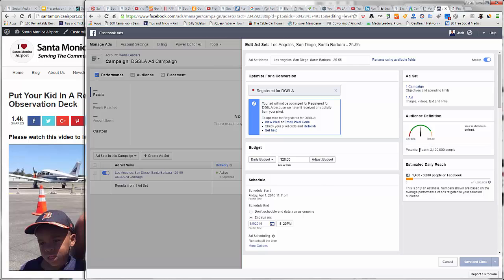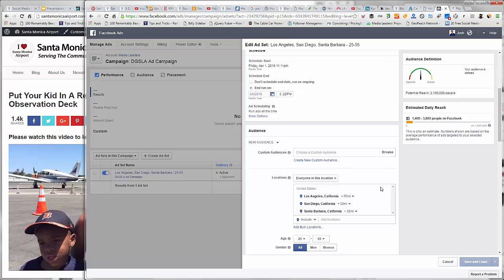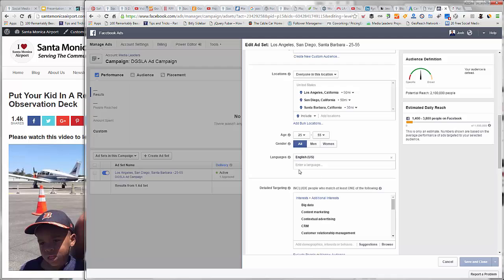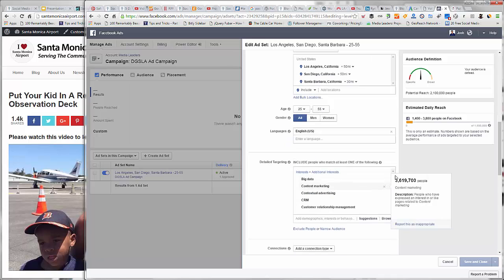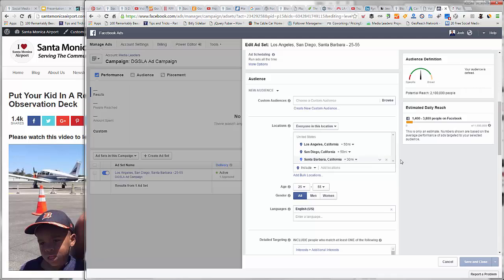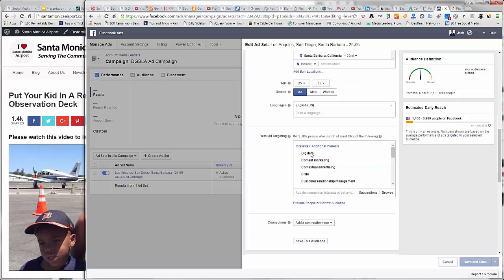So unfortunately, I've actually got something wrong with this one. I want to go look at it. Custom audiences: anybody that's in LA that is also interested in these things, big data, CRM, direct marketing, Google Analytics. I've got all these interests. So they have to live in these areas and be within these age ranges. I've already got English set up, and they have to,